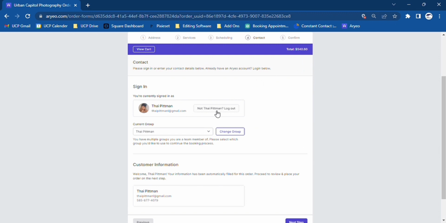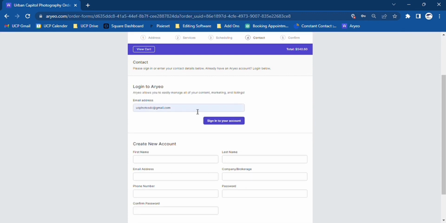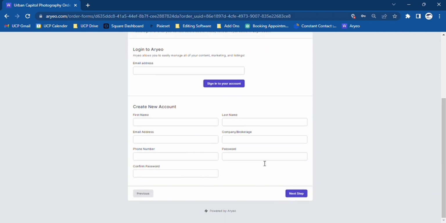So I want to walk you guys through how you can make your account. This is your contact page where you can either log in if you already have an account or create a new account. So for those of you watching that are past clients, we have already made accounts for you in